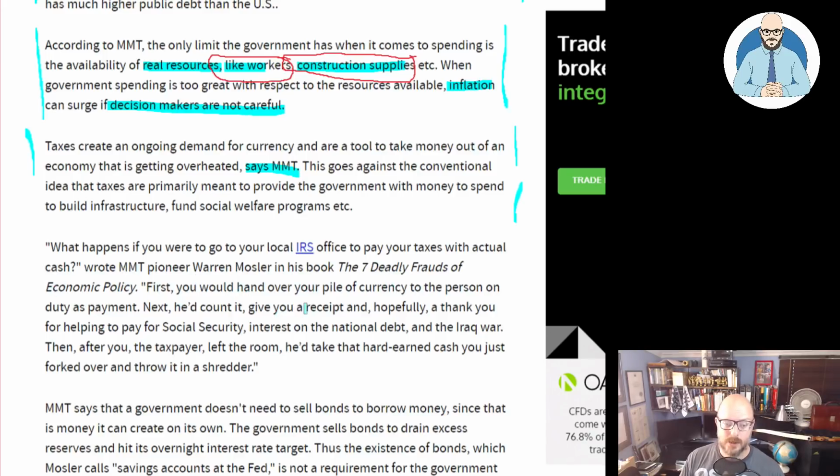First, you would hand over your pile of cash to the person on duty as payment. Next, he'd count it, give you a receipt, and hopefully a thank you for helping to pay for Social Security, interest on the national debt, the Iraq War, etc. Then, after you, the taxpayer, leave the room, he'd take the hard-earned cash you just forked over and throw it